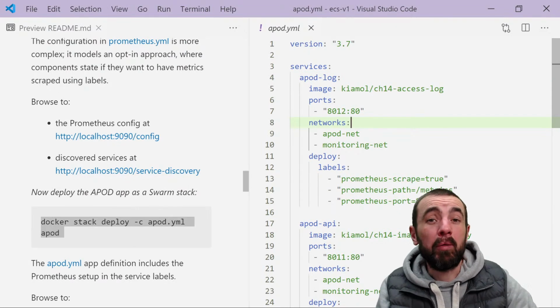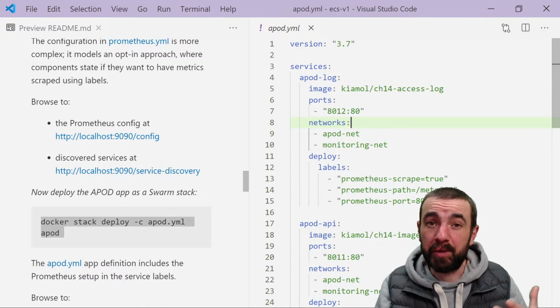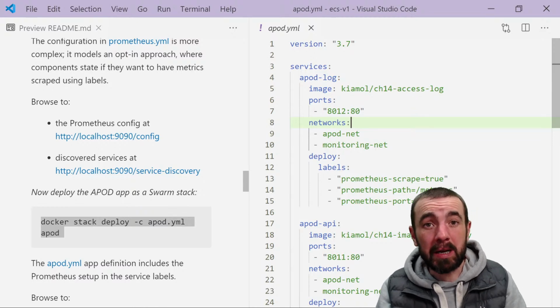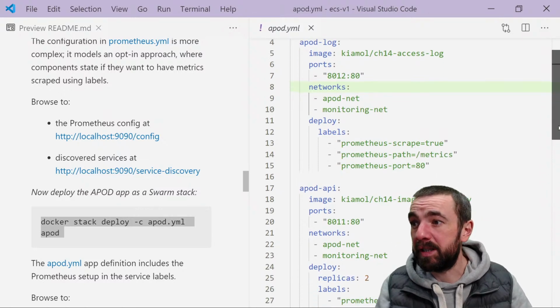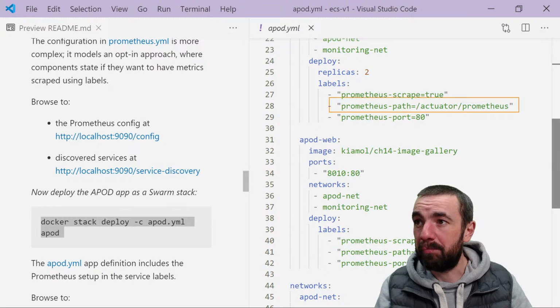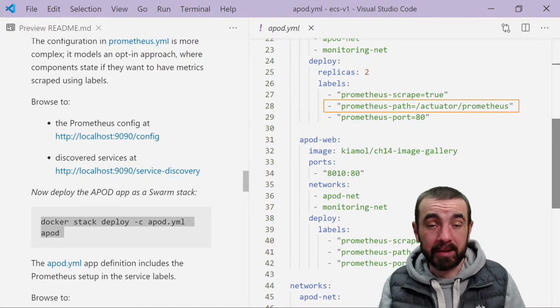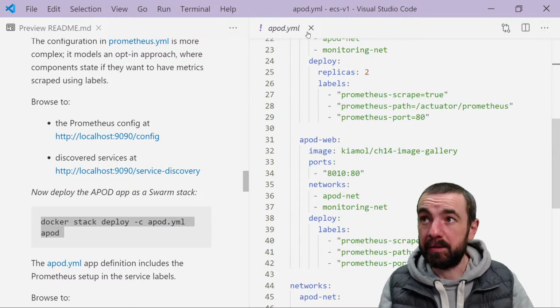And like I said, if I wanted to flip this and have an opt-out model, then I would change my Prometheus configuration to assume that everything is going to be scraped unless there are labels to specifically exclude certain components. So all these components have the same thing. They have the Prometheus scrape true. My Java component that has the strange path to get the metrics, that's specified in there. So everything that I need is in here, and everything that Prometheus needs is there to go and find those